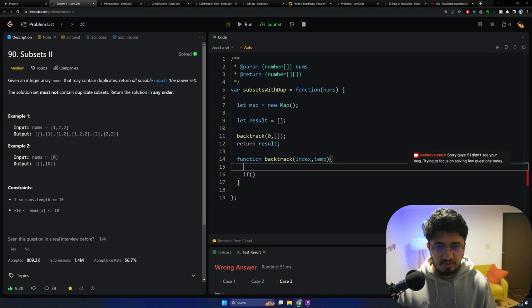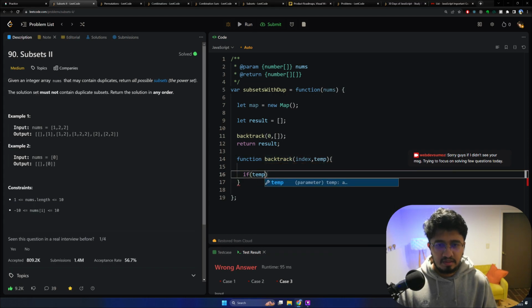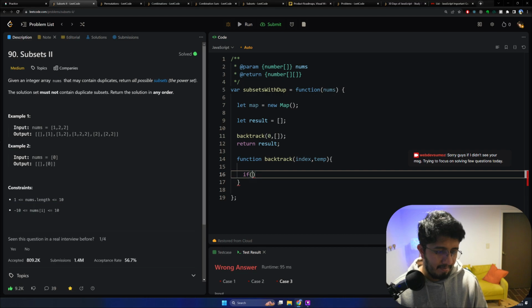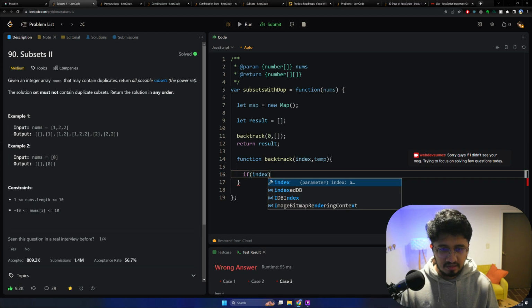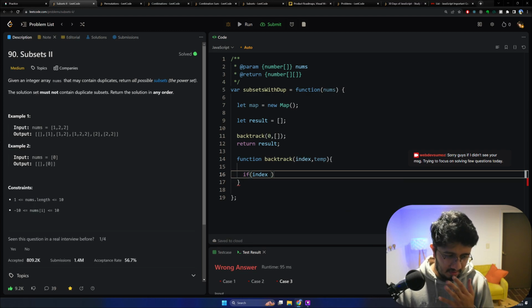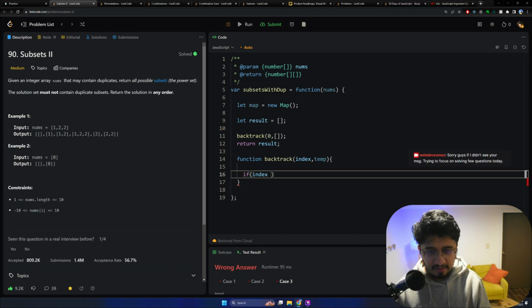What we want to do next is, if temp is temp dot length is equal to... oh sorry, not the temp length. When our index basically reaches the last, sorry, my bad, I was just in the flow of the previous question. I'm looking at the whiteboard and saw that once we reach the index, then only we are